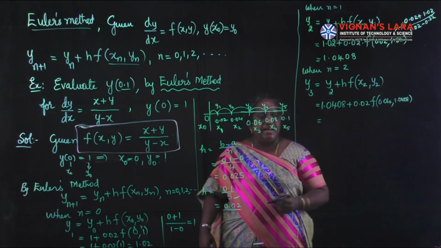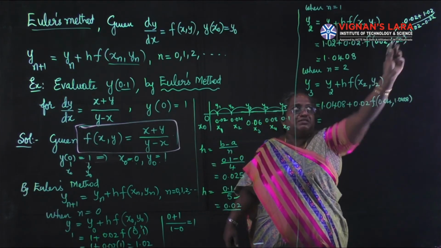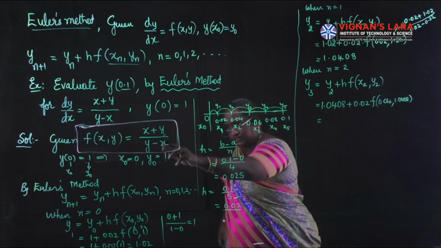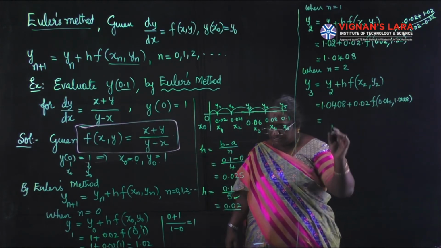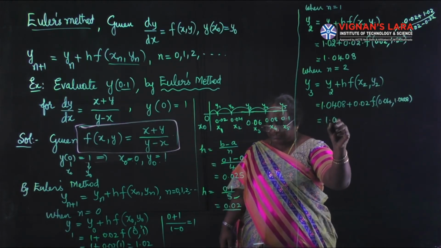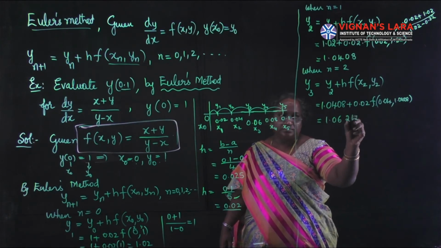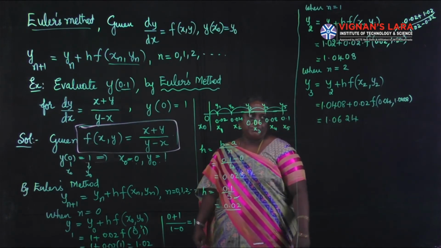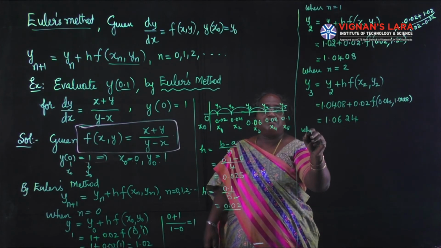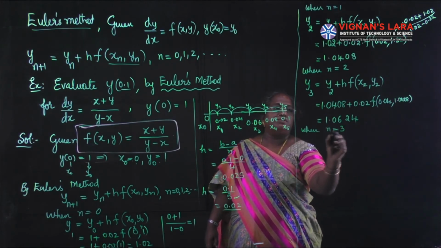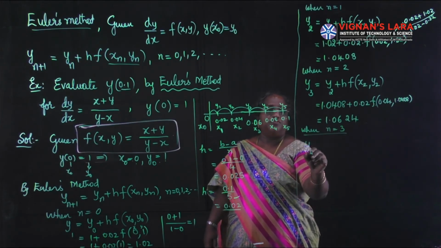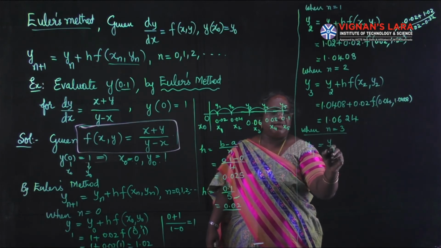So if you calculate, similarly f is, in the same way, you have to substitute in x plus y by y minus x. So it turns out to be 1.0624. It is y3. Next, when n is equal to 3, we get y4 is equal to y3 plus